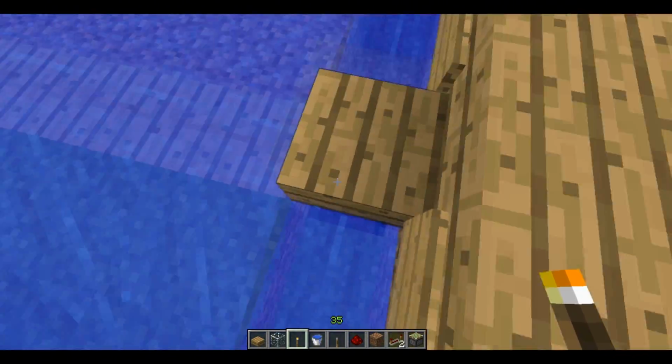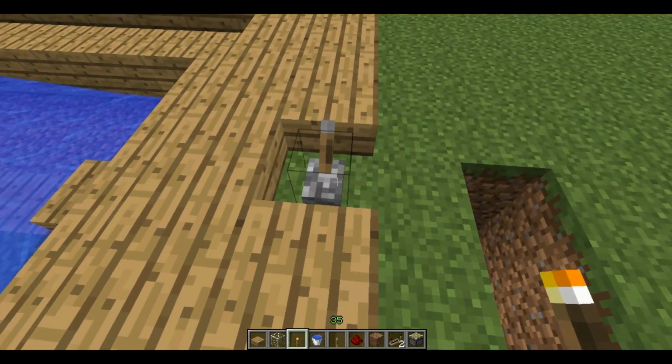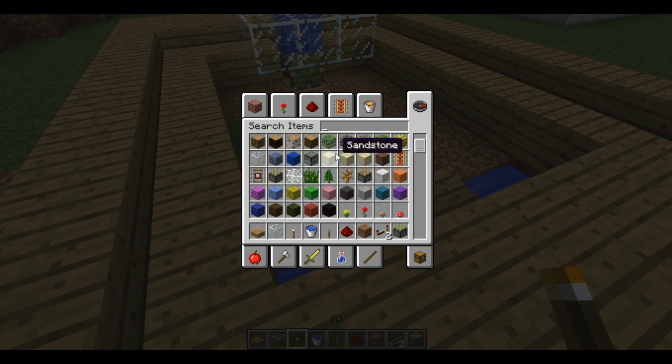That then leads into here, and it then gets pushed down, and we can pick it up there. So I'll just quickly show you how to get the wheat ready for harvest. So if you get a